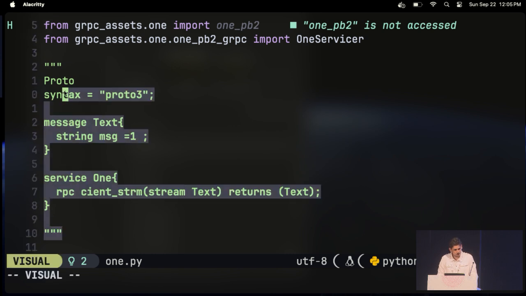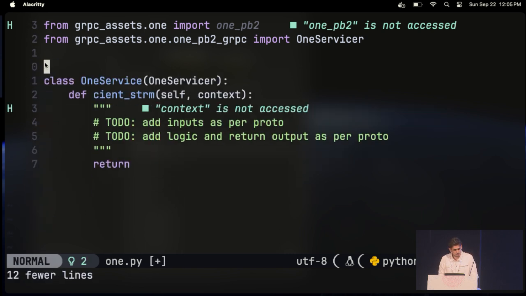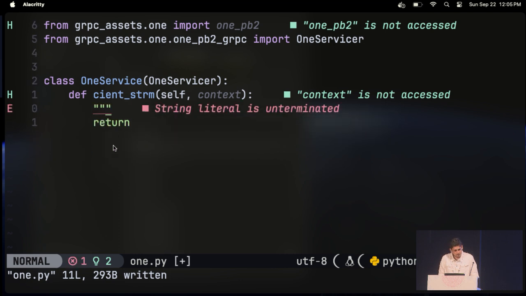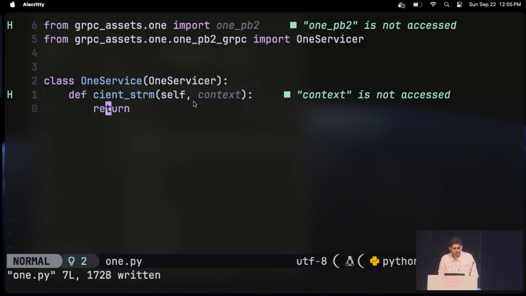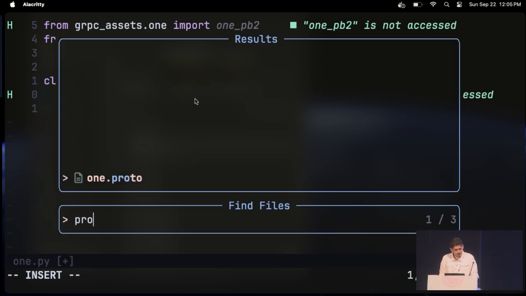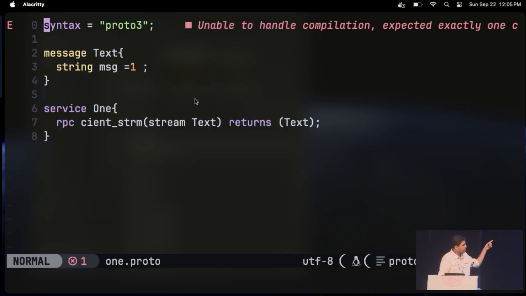I'll get rid of the reference proto because this is pretty small. I'll get rid of these to-dos as well. Cool. All right. So the input we are going to get is text. Now, since we have defined in our proto file that the text is a stream of text, it's going to be an iterator. So that's the nice thing about grpc. Whatever language you use, it changes according to that. So if I was doing this in Go, I would get a channel.